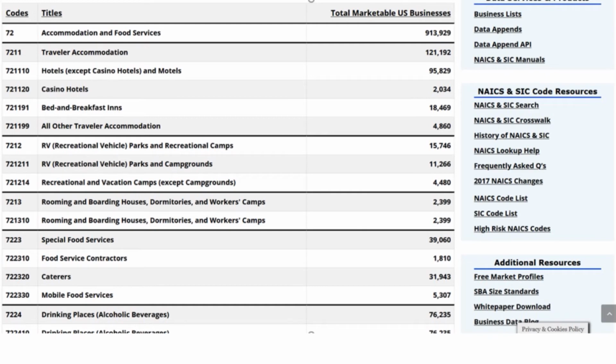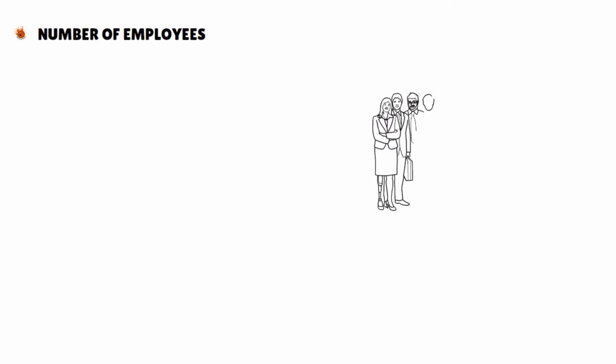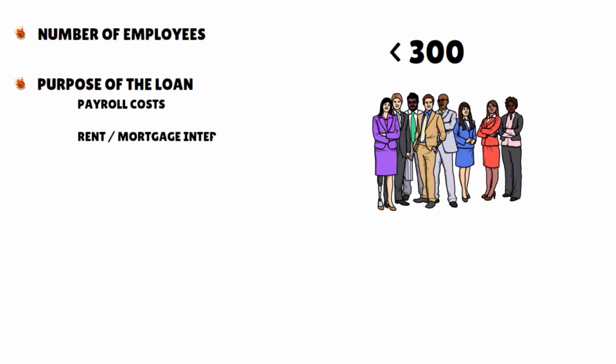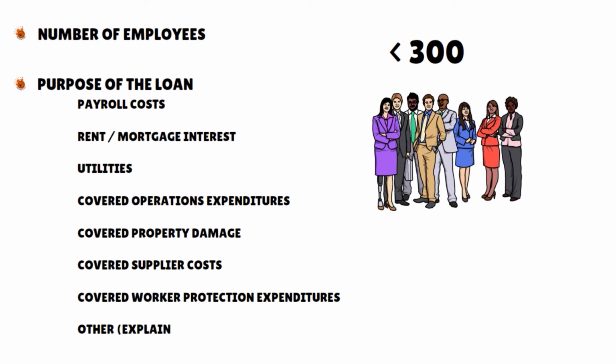In terms of the entity financial data, you also need to put the number of employees, including affiliates. Remember that the cap, the threshold here, is 300. And you need to specify the purpose of the loan. Here you want to select all that apply. I'm talking about payroll costs, rent, mortgage interest, utilities, covered operations expenditures, property damage, covered supplier costs, covered worker protection expenditures, and other. If you choose other, very important again, you want to attach an explanatory note indicating what